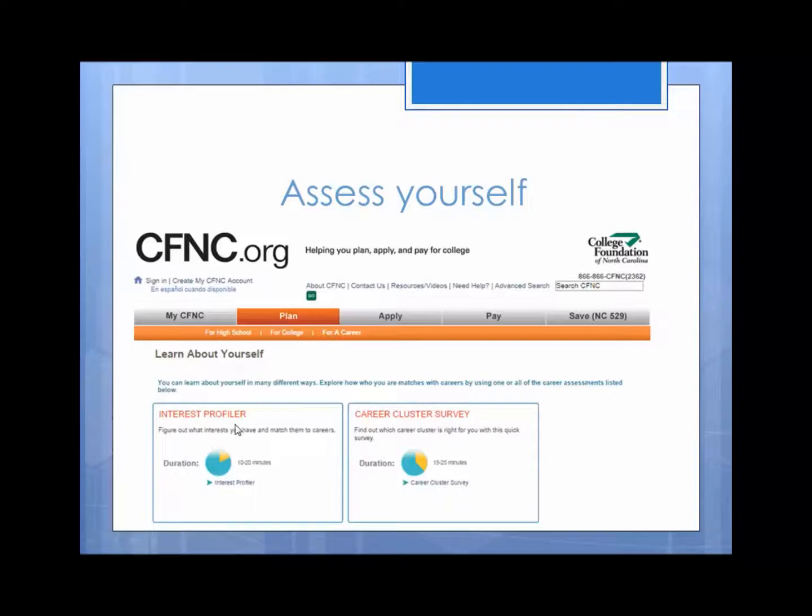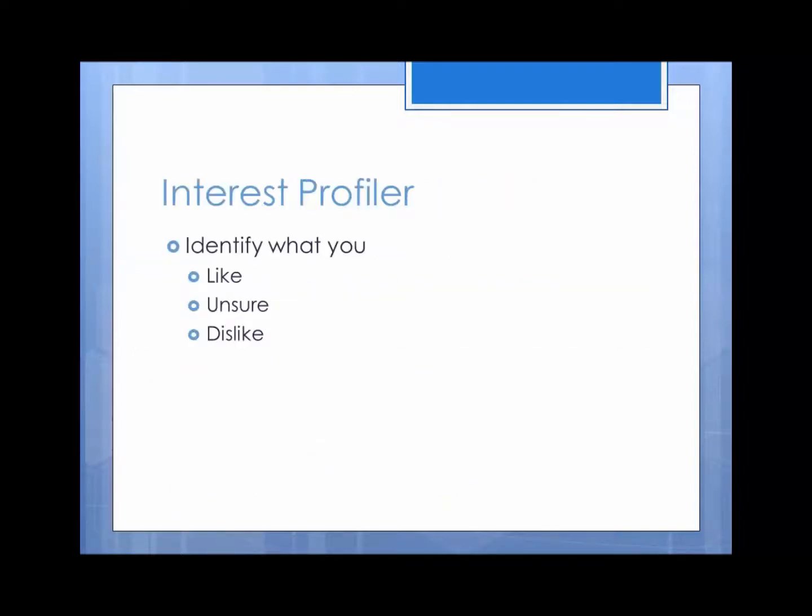The first one is on the left, which is the interest profiler. That one's going to have about 180 questions. And then they'll take the second assessment, which is the Do What You Are assessment. In this area, I start off first with the interest profiler. This particular assessment is geared towards the individual, not focusing on their knowledge, skills, and ability. The purpose of this assessment is so the individual can think about what it is that they might like to